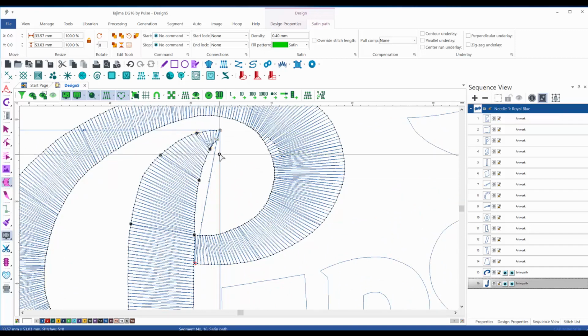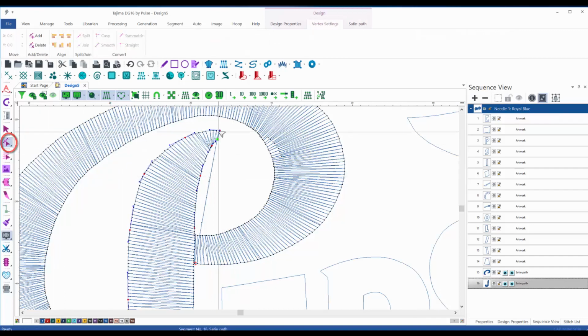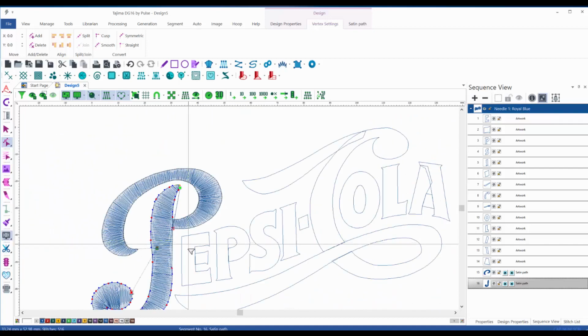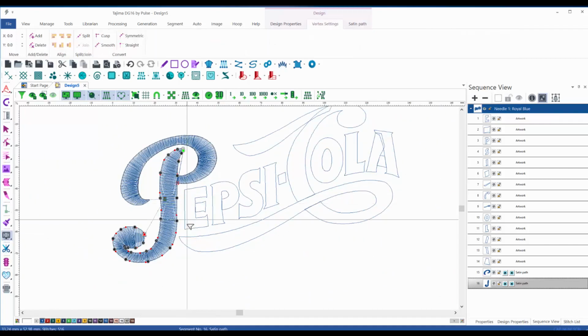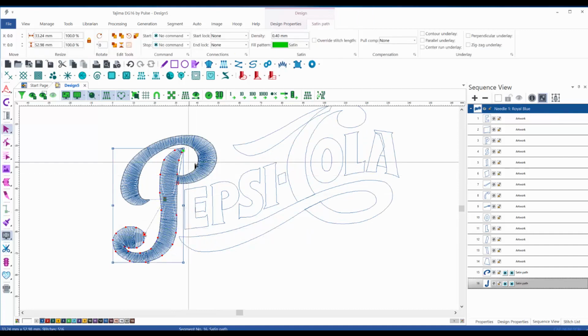And yeah, we can also edit vector anchor points. For example, these anchor points are a little bit too extreme here, so we'll slightly move them more inside in order to give a better result to the stitches. We have the P,